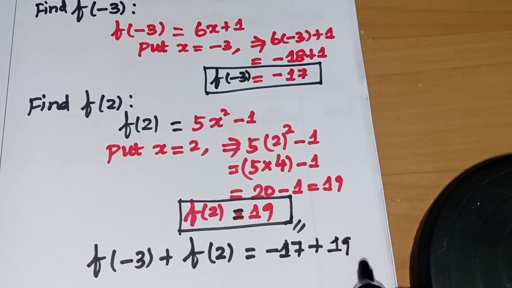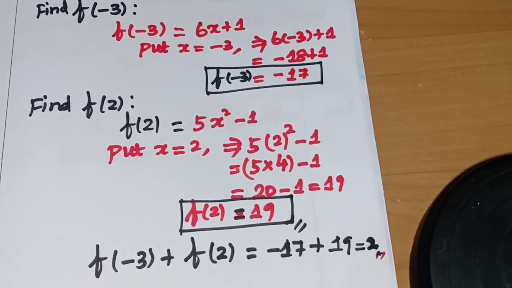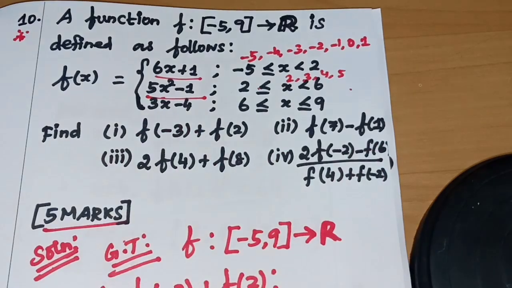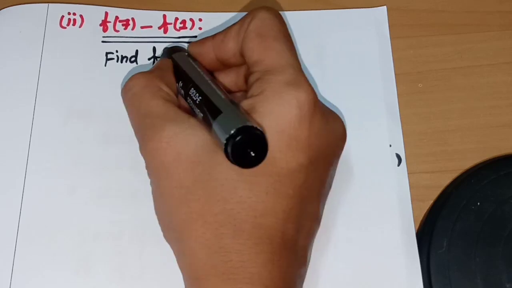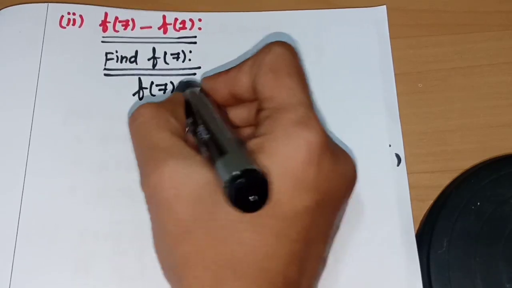Minus 17 plus 19 equal to 2. Answer is 2. See the question, subdivision f of 7 minus f of 1. Right? Find f of 7. F of 7 equal to,